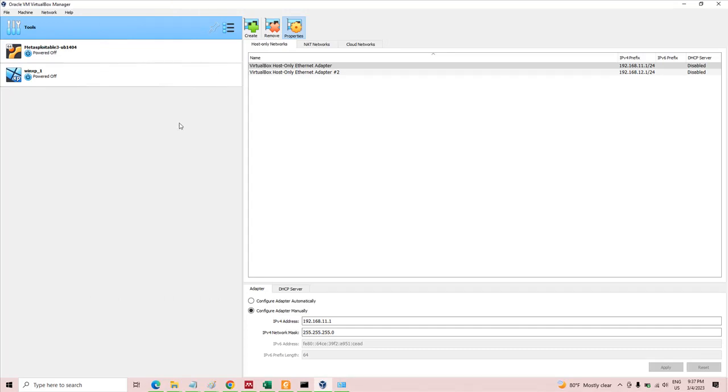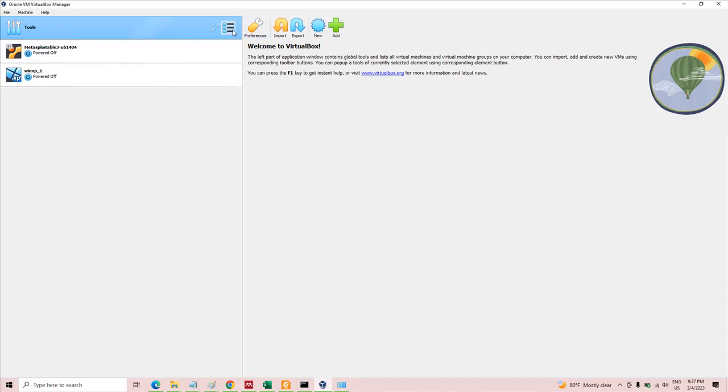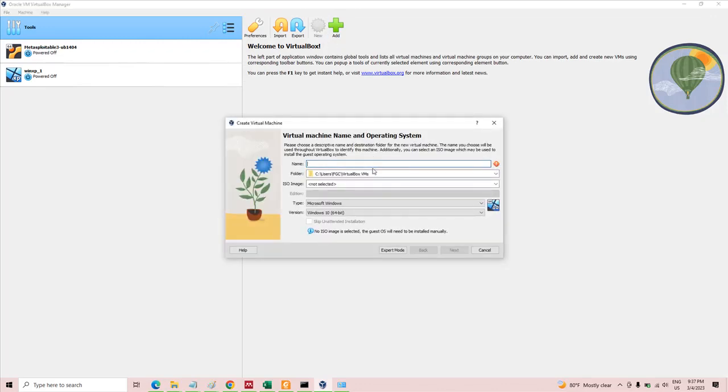So once this is done, we are now set to create the virtual machine. Just click New. So here you give the name OPNsense, okay, and then BSD. So select FreeBSD 64, and